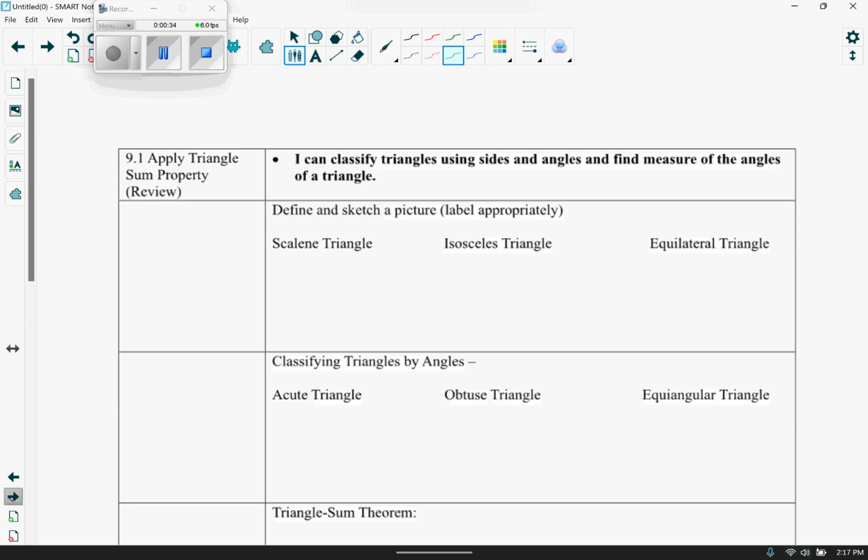So here we are. We're going to classify triangles using the sides and angles. Starting in, we have the scalene triangle. That means all sides are different. And I depict that by showing like 1 tick mark, 2 tick marks, and then 3 tick marks. So they're all different. An isosceles triangle